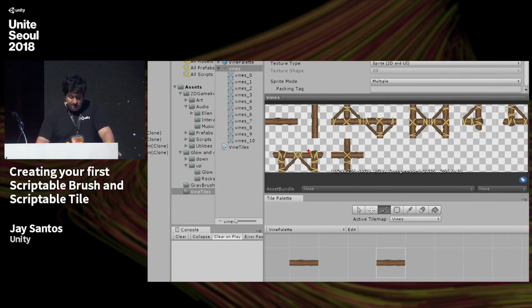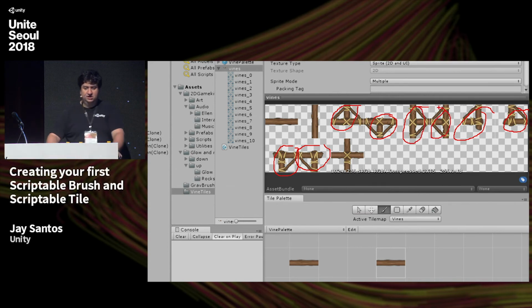So I have one sprite for each one of the corners over here. I have one sprite for each one of the T's. And I mean, this is a bit of overkill. I could have only one instance of the corner tile, and I could programmatically rotate it to have